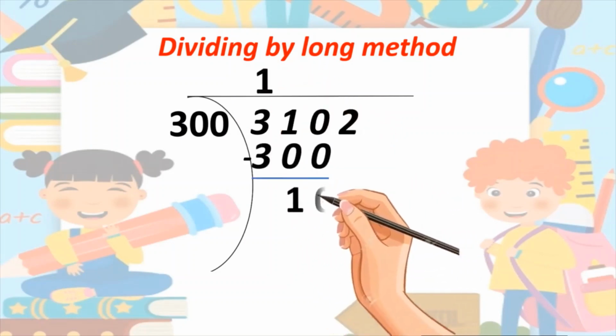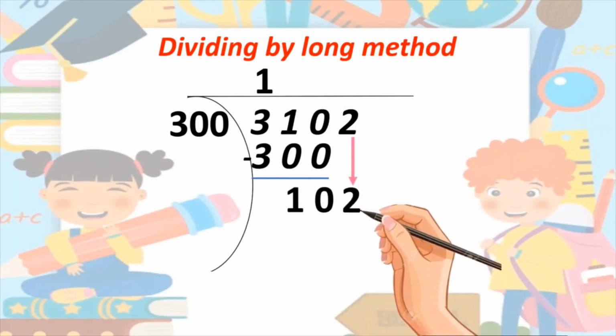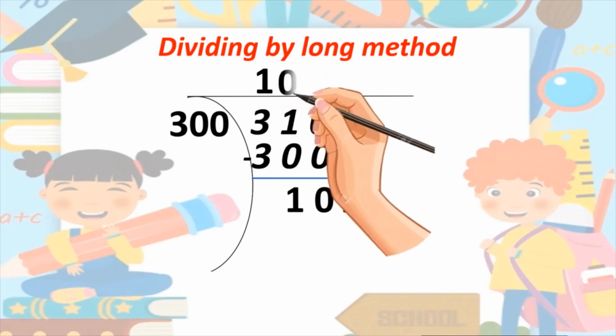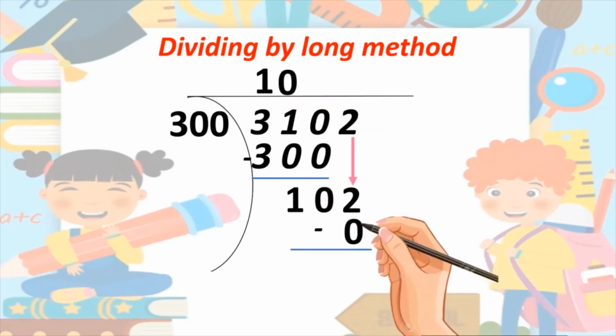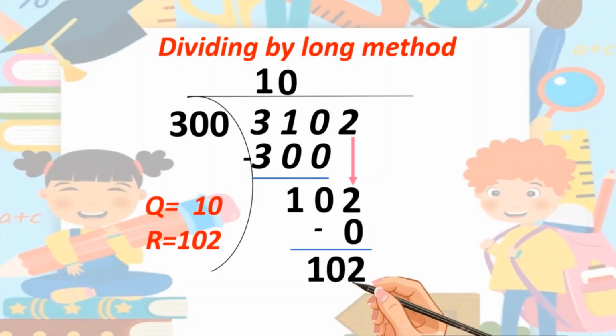The remainder here is 10. And we bring down the next digit and write it as 102. Now 102 is less than 300. So 300 zeros are 0 and the remainder is 102. The quotient is 10 and the remainder is